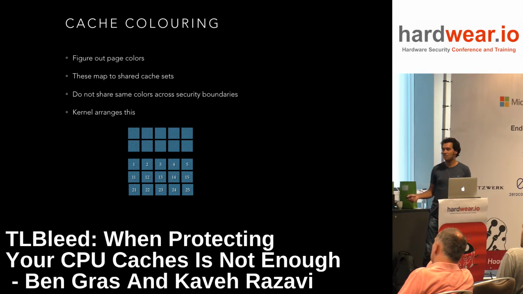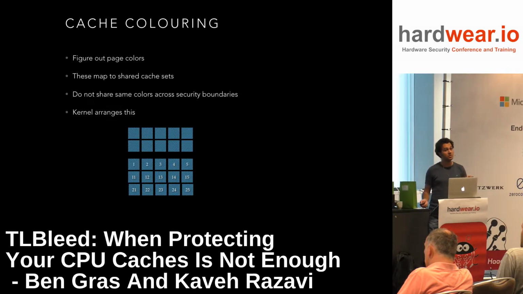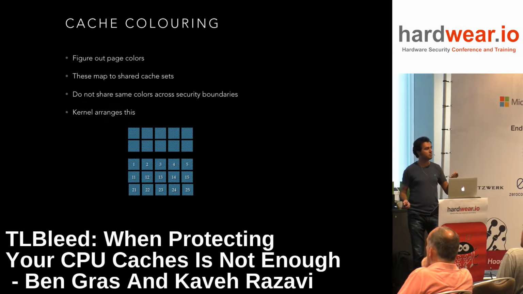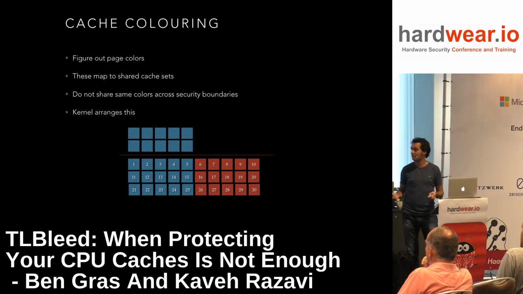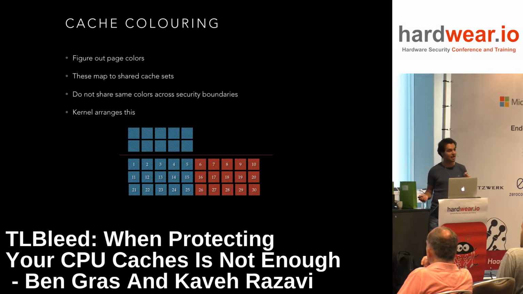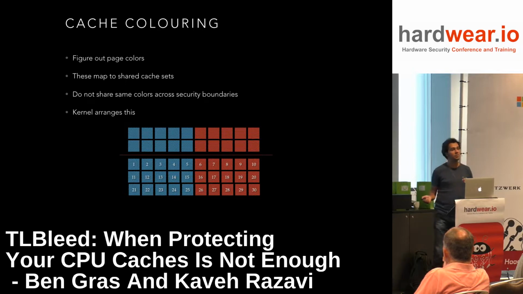So if you can figure out this mapping between your memory addresses to cache locations, you could basically partition the system by giving different processes different memory addresses. So they would map to different parts of the cache. And then if you do this, say if one process only has access to color blue, then the red process would not be able to interact with the part of the cache that is allocated to the process that is blue. And this basically prevents the sharing of resources between these two processes.